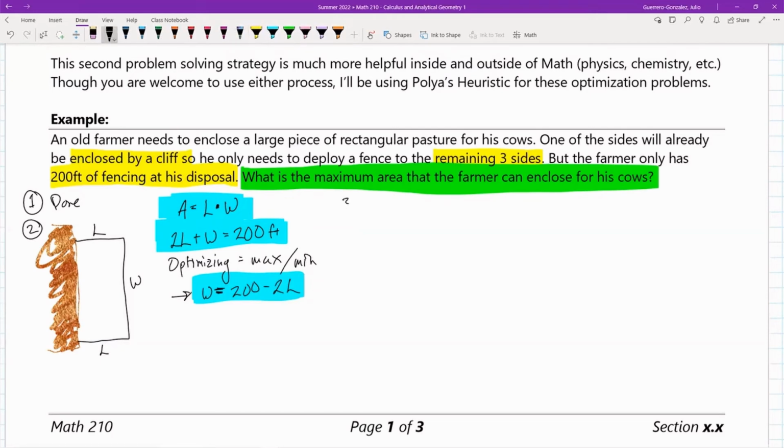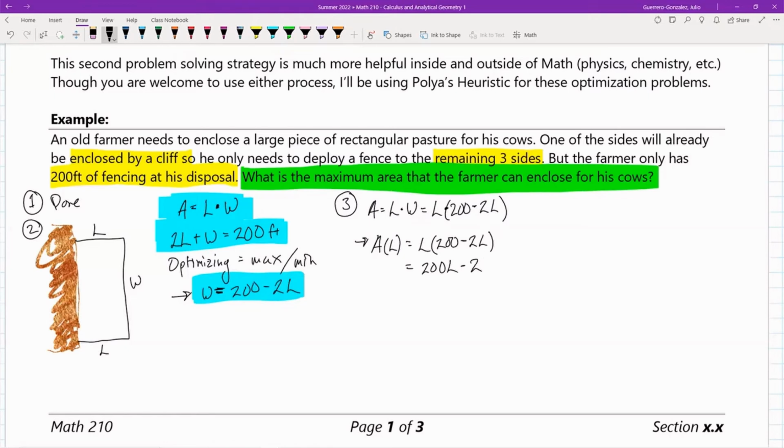So now is step 3. We're going to go ahead and carry out our plan. Okay. So we know that W is this. My A is that. So I'm going to do A is equal to length times width. I know what my width is. So it's going to be length times 200 minus 2 times length. So then therefore, now I have A solely in a variable of L, equal to L times 200 minus 2L,